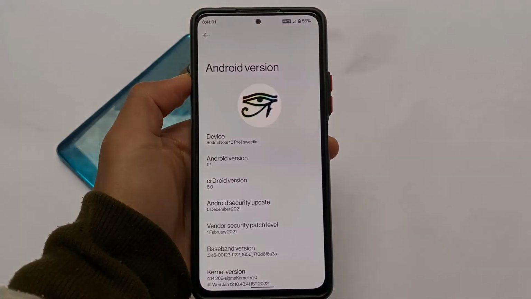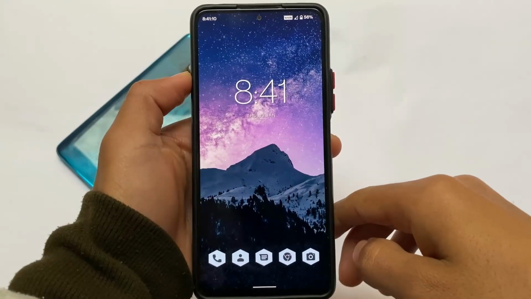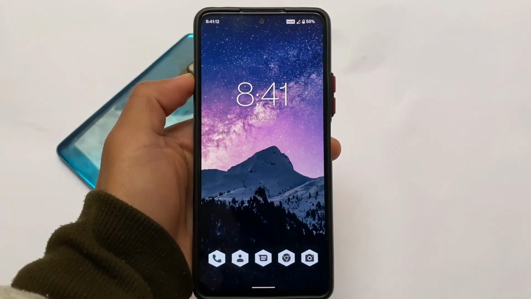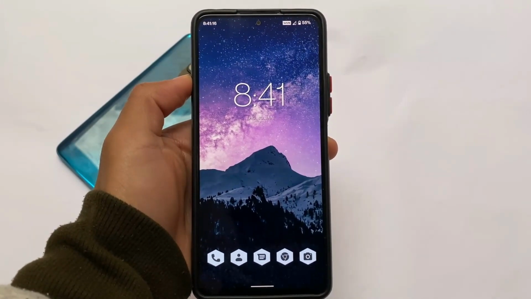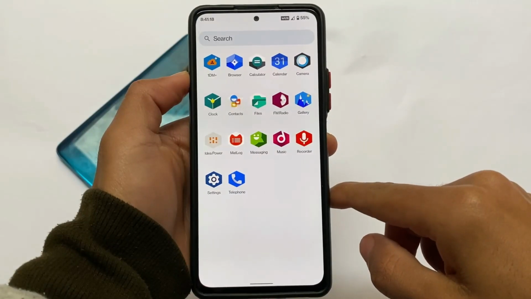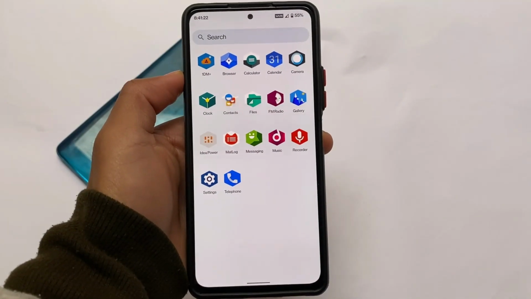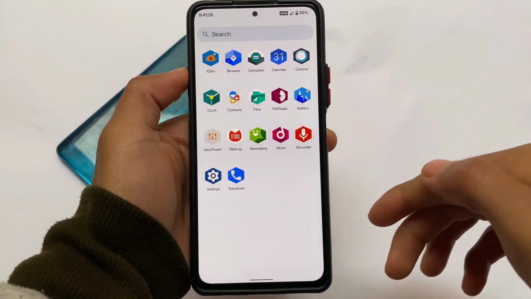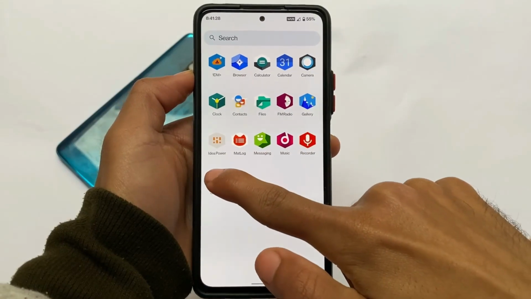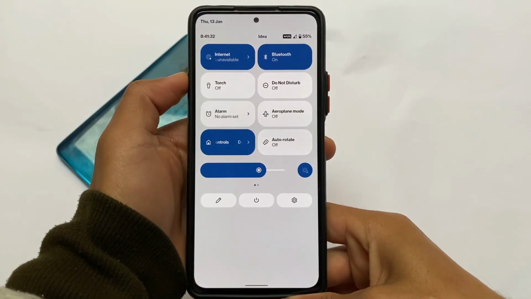Let's get started. Okay, so we have this kind of layout by default. In my case, I'm using it on a Redmi Note 10 Pro, which has a vanilla build available, which means no Google apps included. Unfortunately, as you can see, no control center, no Play Store available there. And yes, if you want to install Google Play Store, you need to flash Google apps manually. I didn't try that. I just wanted to let you know about the CR Droid first look. So yes, I'm not going to talk about the device specific things in this video.